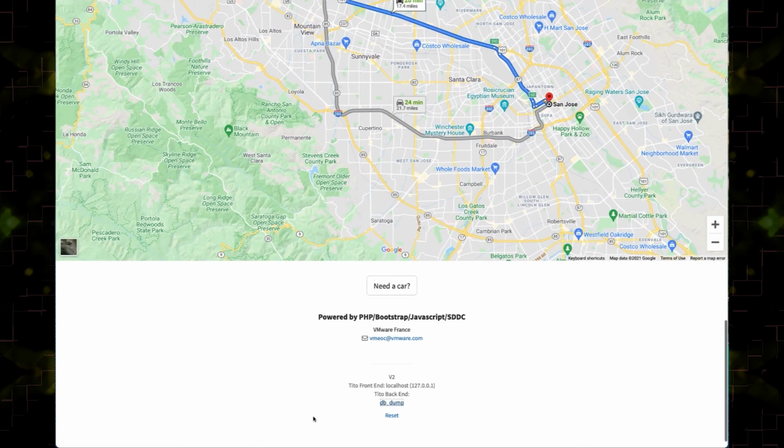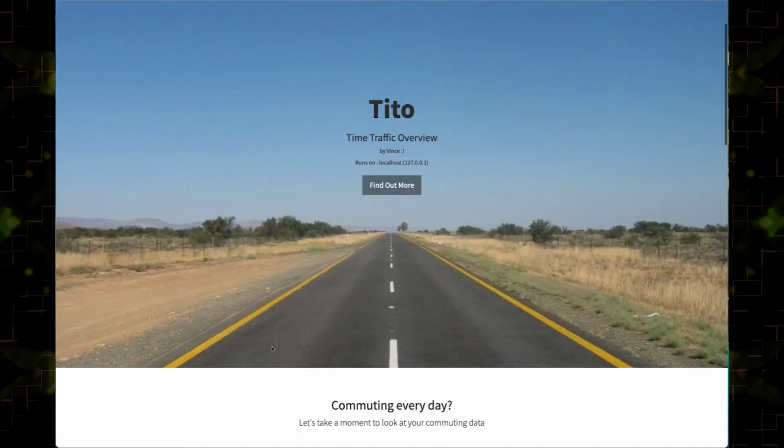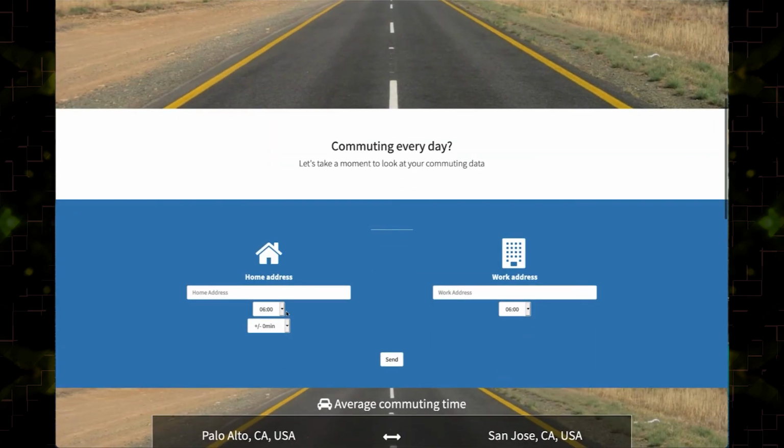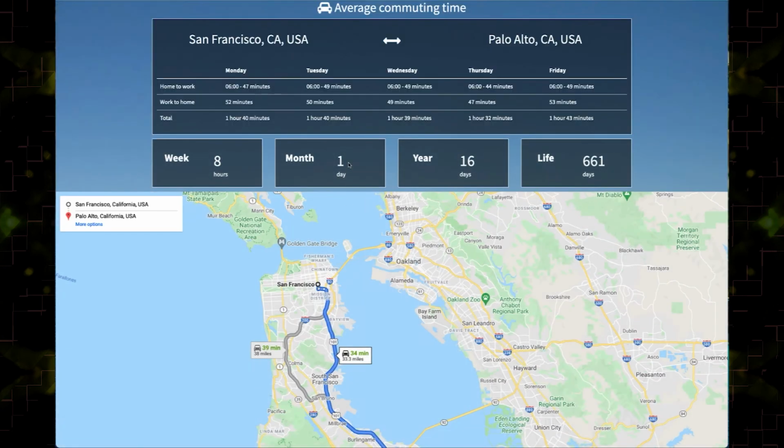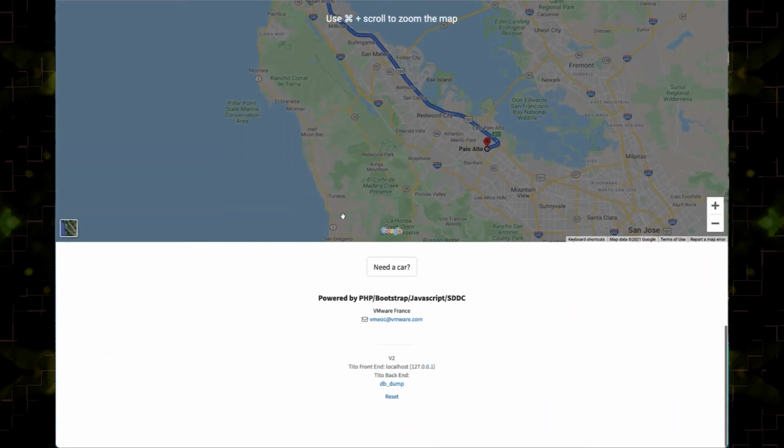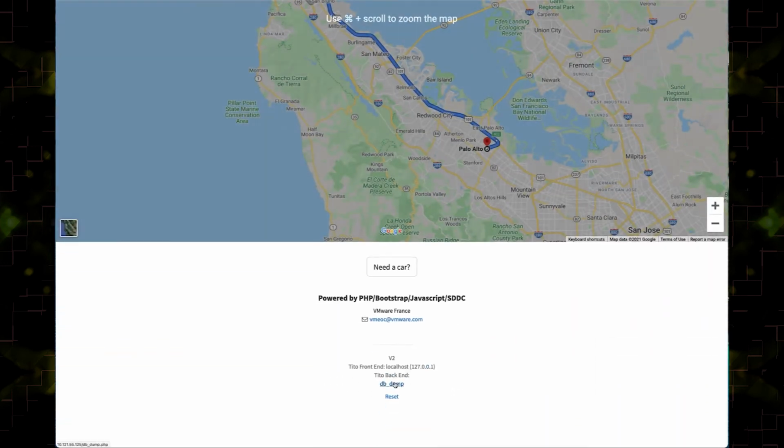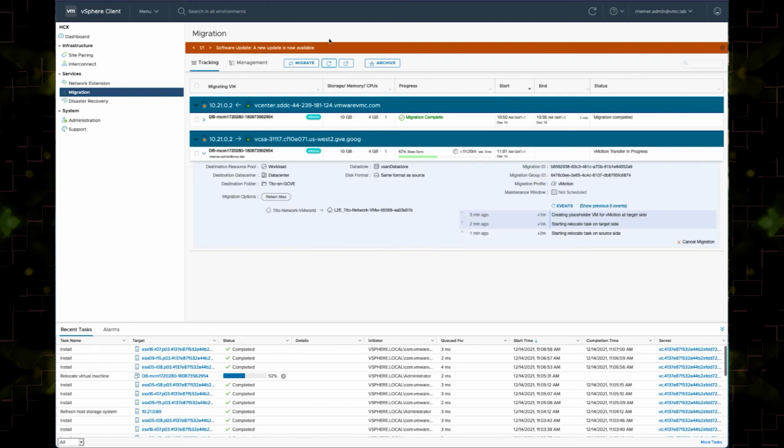I double checked it, the migration is still going on, even though I'm working with my application. So let's do a new request. Let's go from San Francisco to Palo Alto this time, and see how long my commute time will be, and just check that this new request is properly saved in my database layer. So I hit the db dump button and I see my new request,